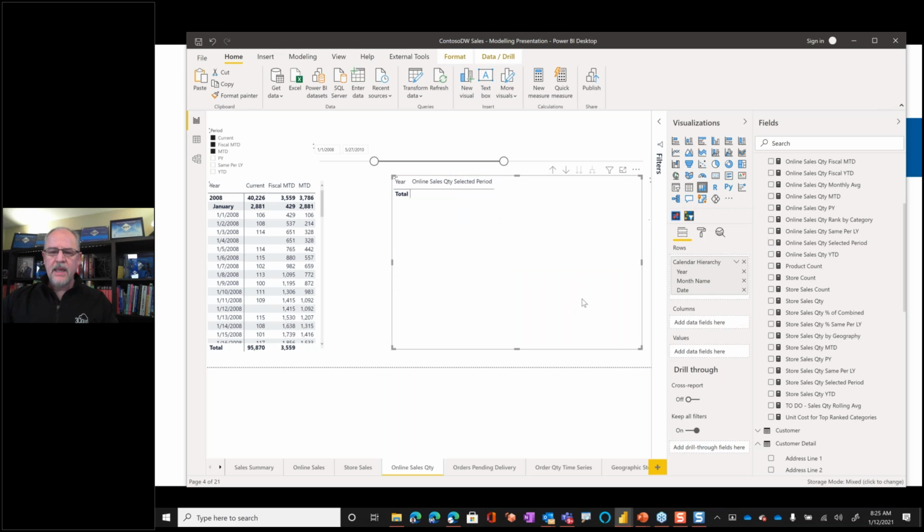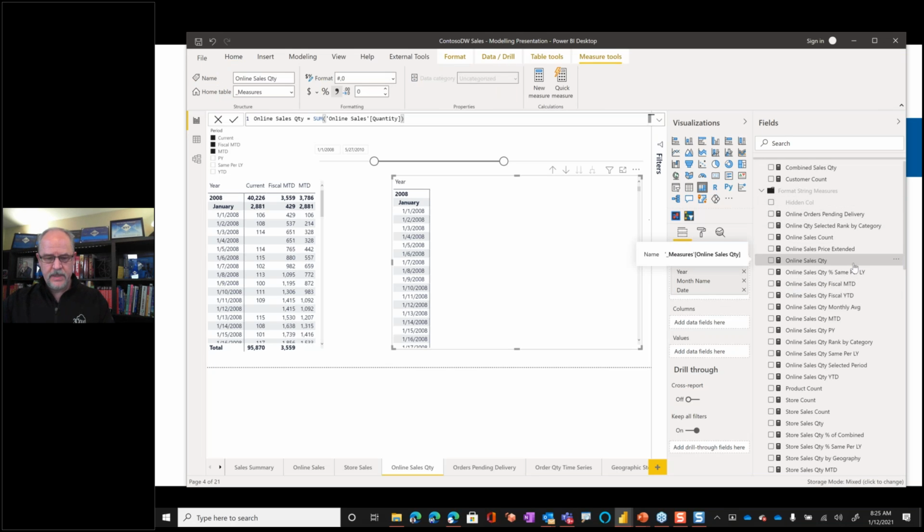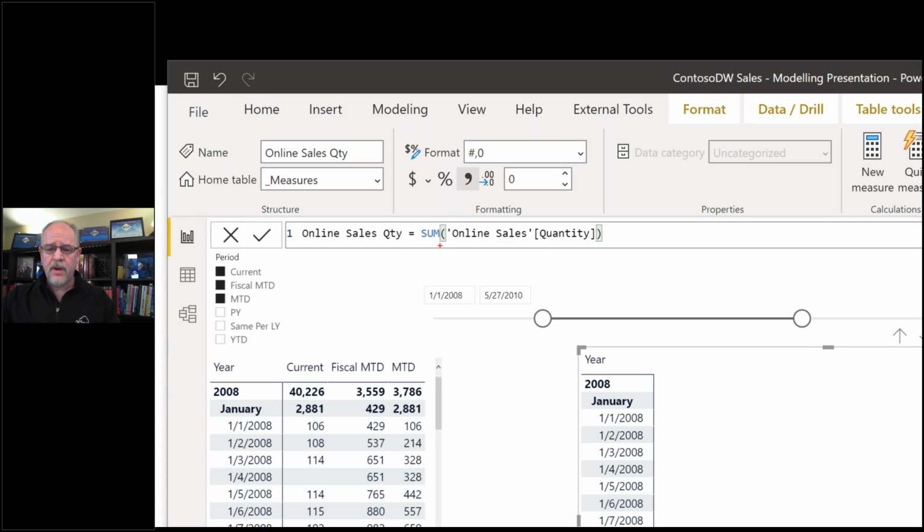All right. So in this matrix visual, you can see that I have a date on the y-axis. So there are my dates right there. And I've created some simple measures. And the most simple measure right here is online sales quantity. Let's zoom in on that. You can see that online sales quantity is really, really simple. What we're saying is for however I am grouping an attribute, in this case date, within the context of that filter, of that date, of that customer, of that product, within the context of that thing, I want to sum up the quantity in the online sales table. Really simple stuff.